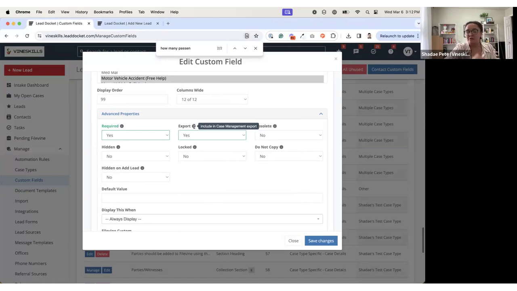This was a feature that was already there as well, just like required. And then obsolete, which was also already there. Obsoleting is turning off a field. So you're not deleting it. You've already used this field. You need to obsolete it. You don't want to use it going forward, but you do still want it to be visible on your past